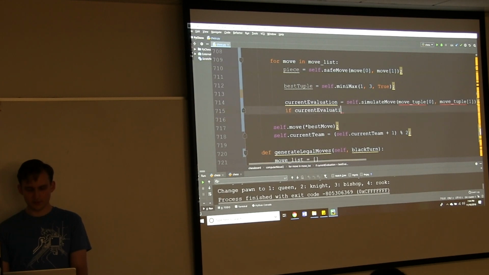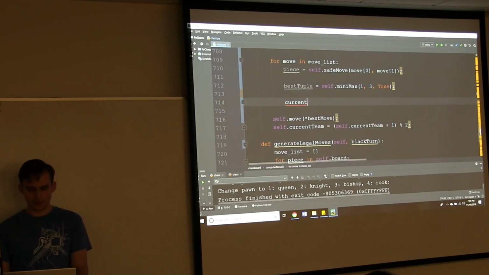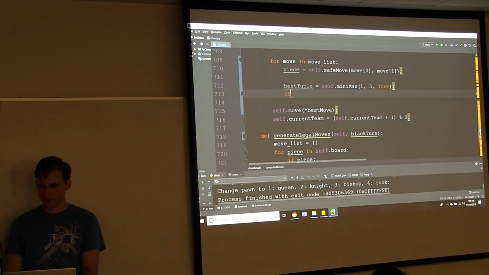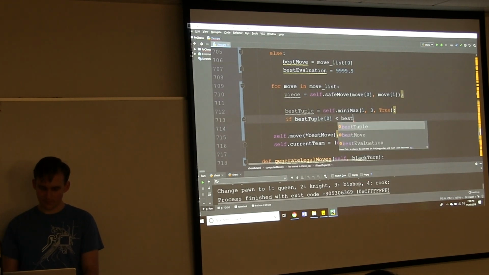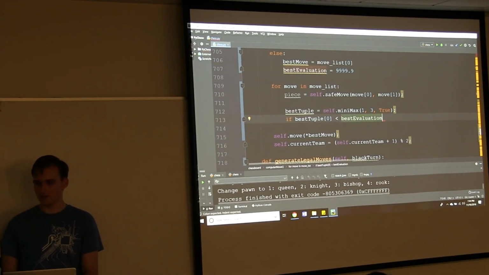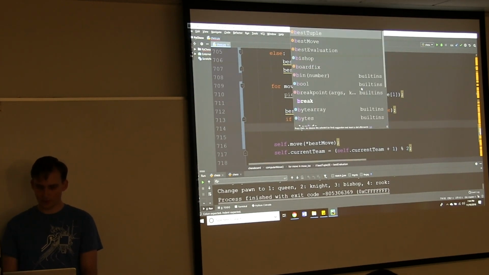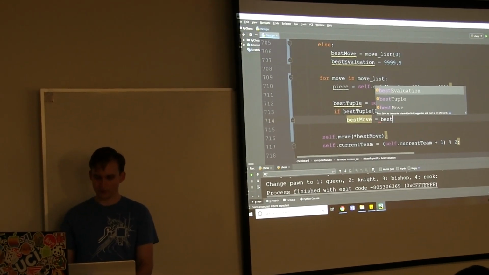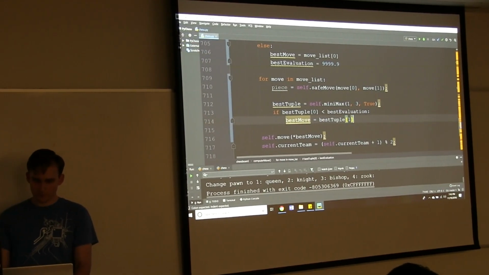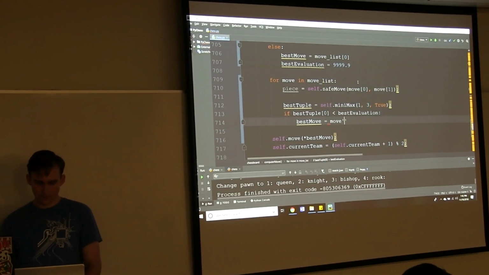I'm just going to delete this. So now that we have best tuple, I'm going to be using that same theme of if the eval, as in index 0, is better for us than current best eval. I believe we called it best valuation, yeah. Best valuation. Then you want to update it. Best move equals this tuple. Or actually, move, not the leaf node.